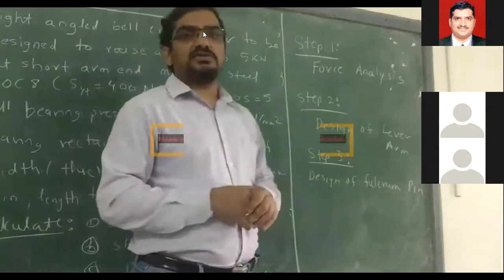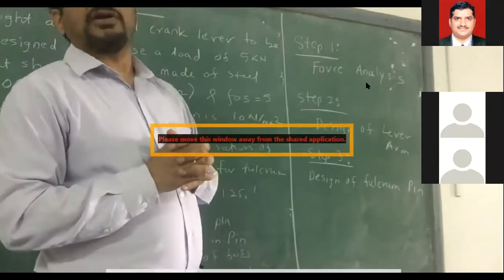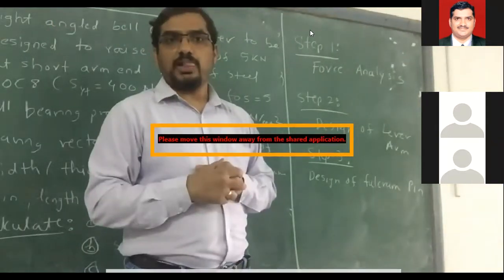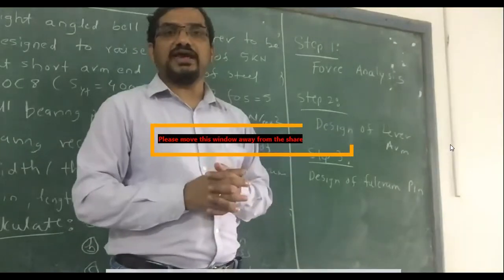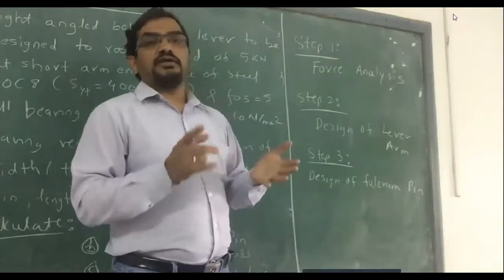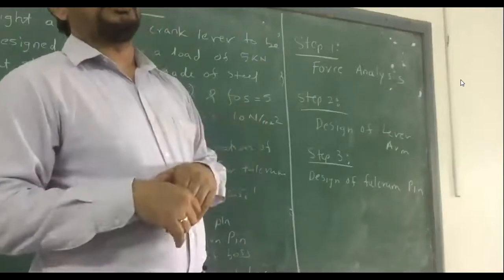In the last stage, we have to find out the dimensions of the fulcrum pin, basically the diameter of the pin and the thickness or length of the pin. For that, whatever we discussed in the previous class, we will calculate the reaction R at the fulcrum pin. We use that R to calculate different kinds of forces, and the pin might fail because of shear or because of crushing. That's how we'll do the check.